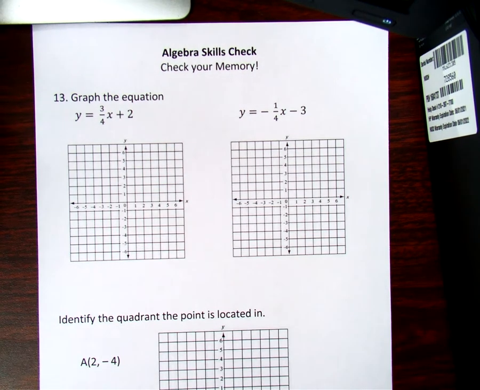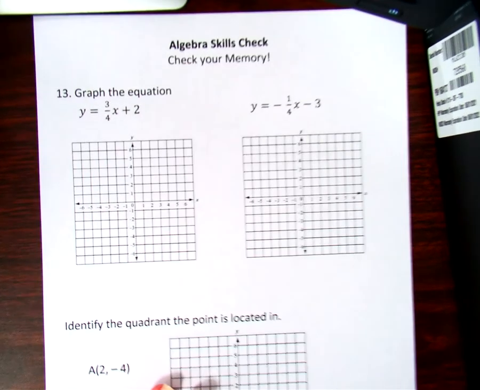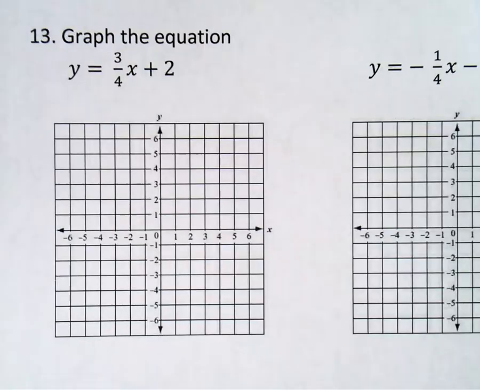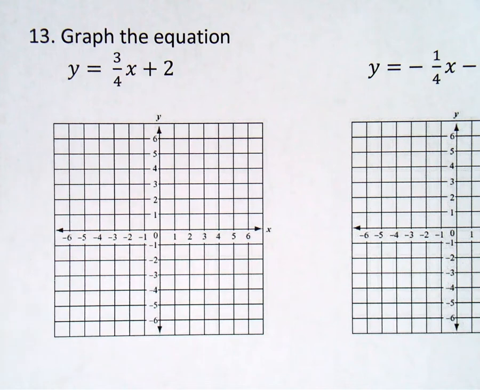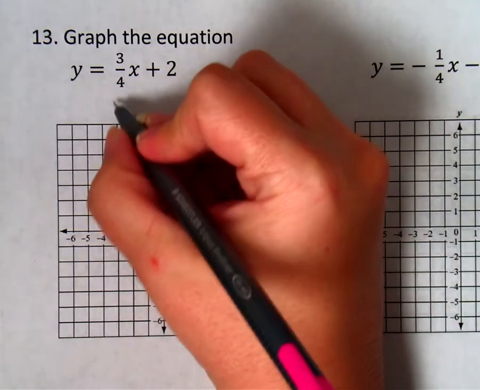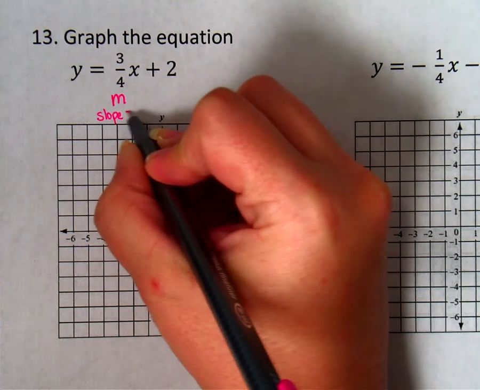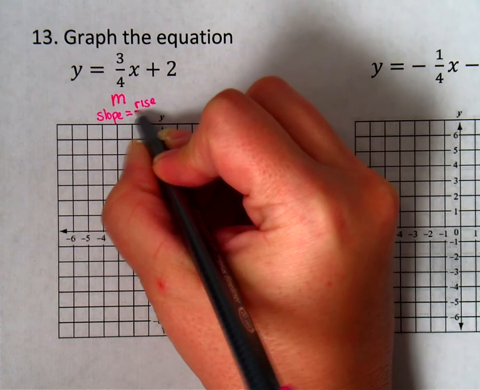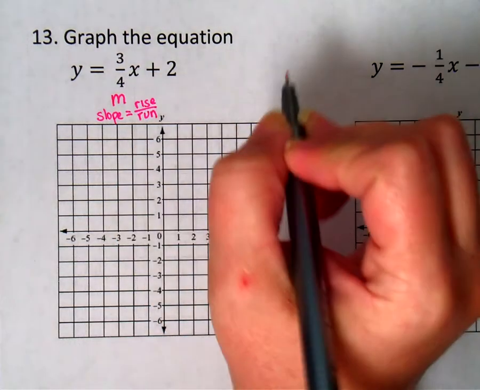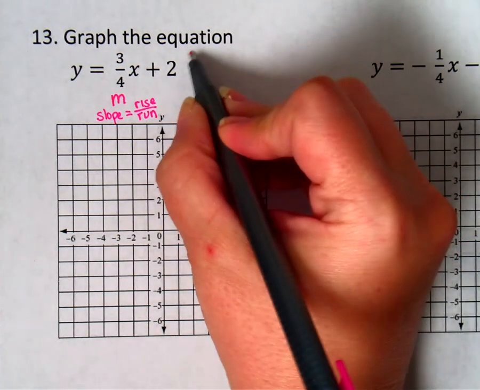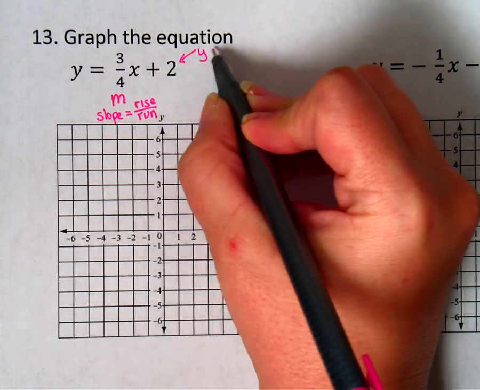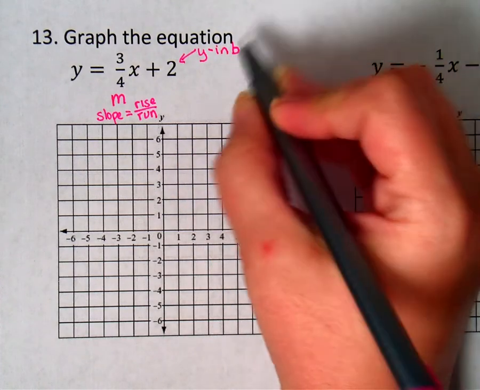All right, so in this one, we're going to look at some graphing skills. So on this first one where it says graph the equation, my equation's already solved for y for me, so that's really nice because that makes it easier for us to start. It's already in y equals mx plus b form. So remember, I've got my m, which is my slope, my rise over my run, my change in my y over my change in my x's, and then I have my y-intercept, my b value,